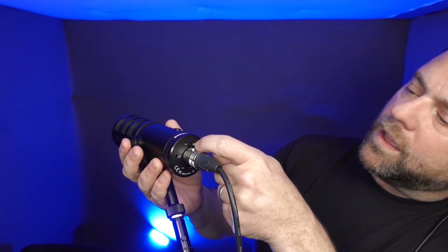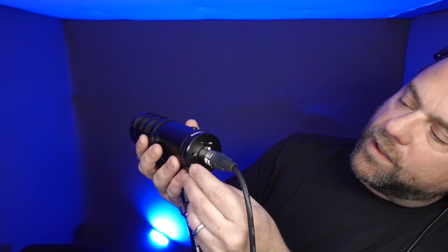Okay, so those are the equalization switches. I'm going to switch them back to flat just so you can hear sort of the natural way the microphone sounds. Flat. Cool. There's one more feature on the microphone that I think is super handy, and gosh, I've wished